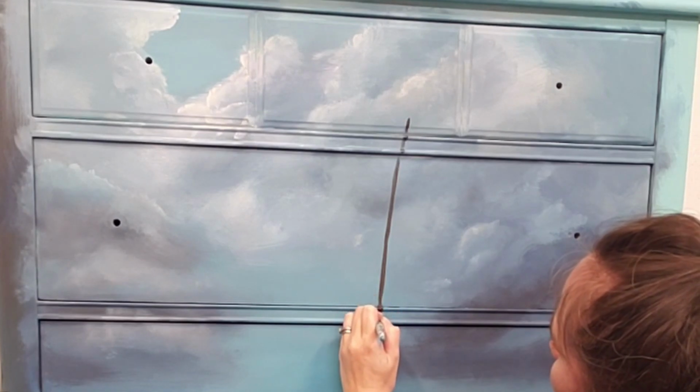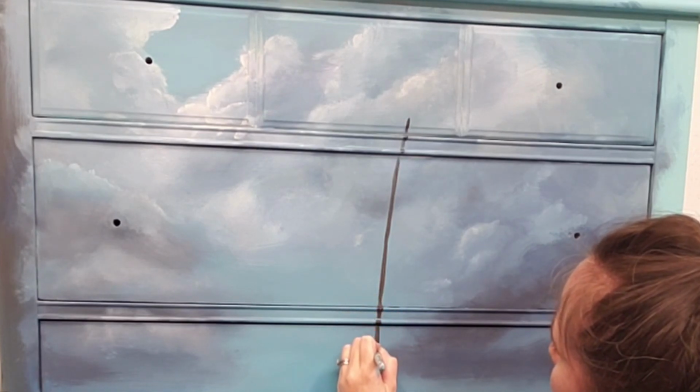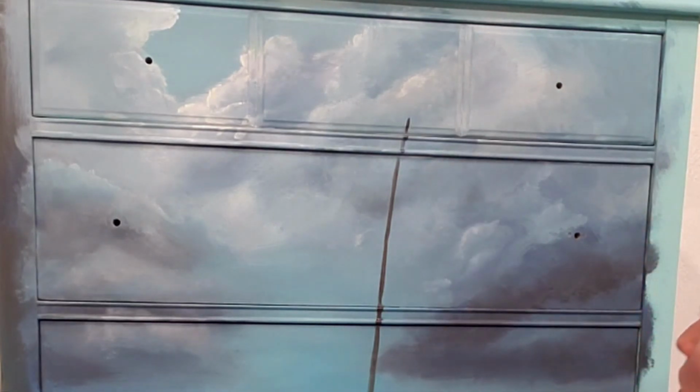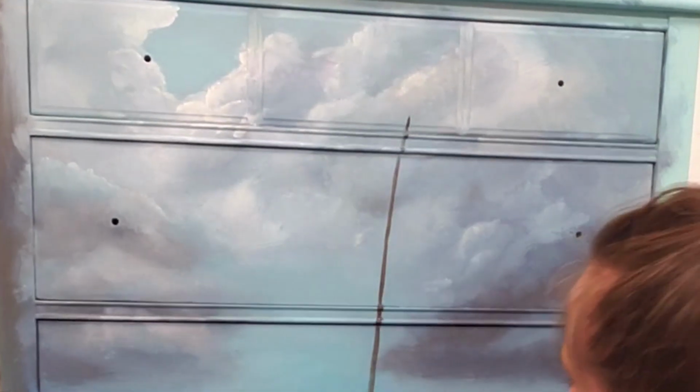As straight as I can. I'm not even following the water anymore. It left. So there's going to be sails covering most of this, so I don't have to be too